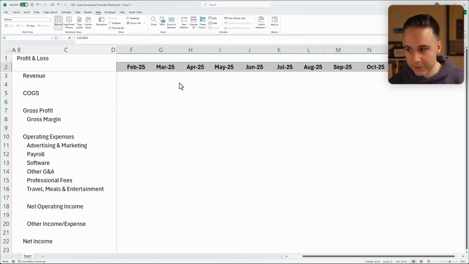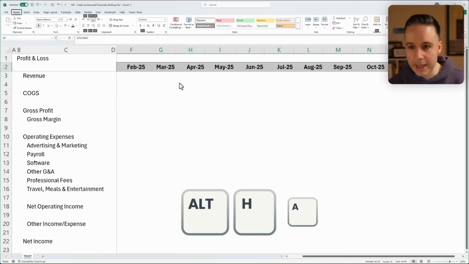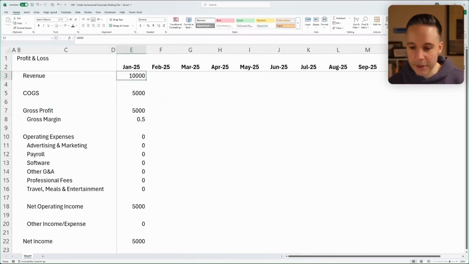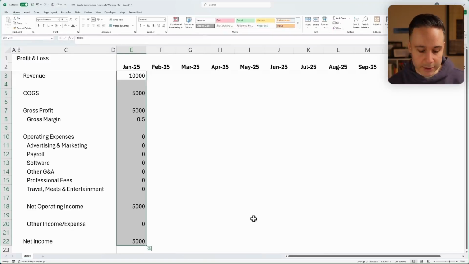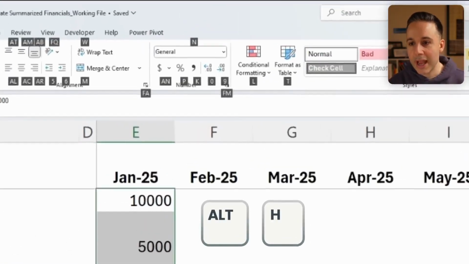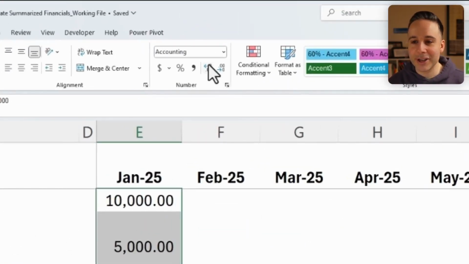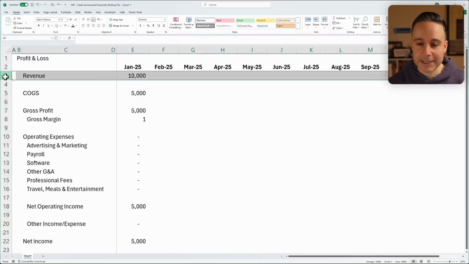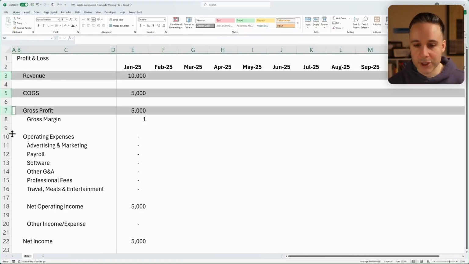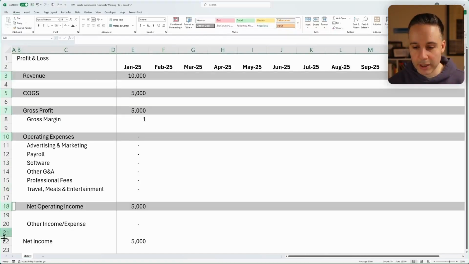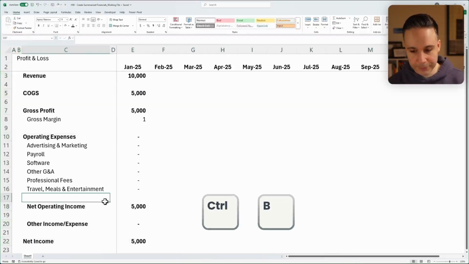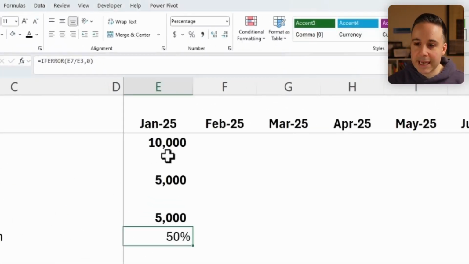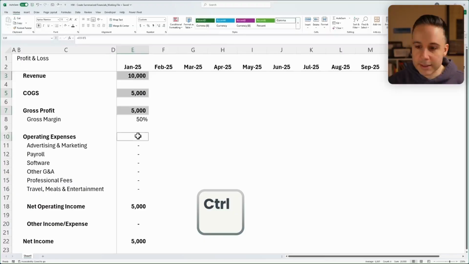Let's bold that. Let's also center it. Alt, H, A, and then C, this right here. OK. Now let's do something about the number formatting. So I'm just going to select this all here, and I'll hit Alt, H, and then K. K is going to convert me to an accounting. And then I will just decrease both as such. All right, let's take this row, pretty much any row that's gonna showcase a total or a calculated metric, and let's bold it. Perfect. Now this should actually be a percentage,